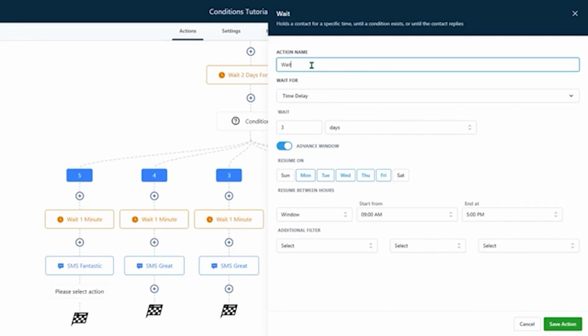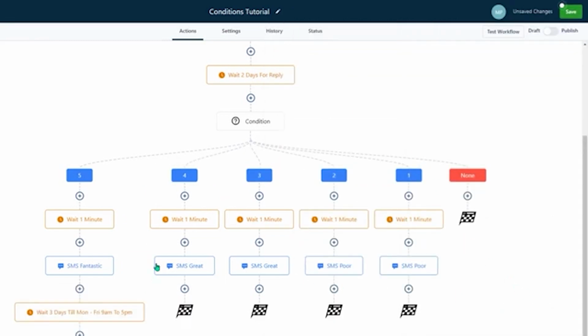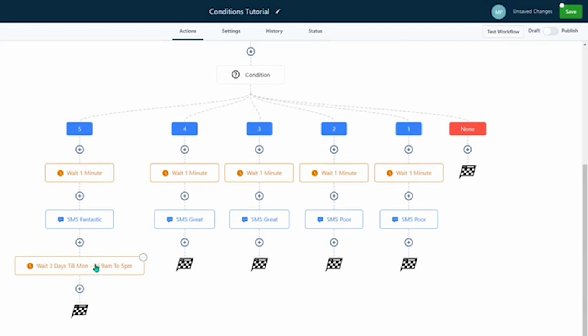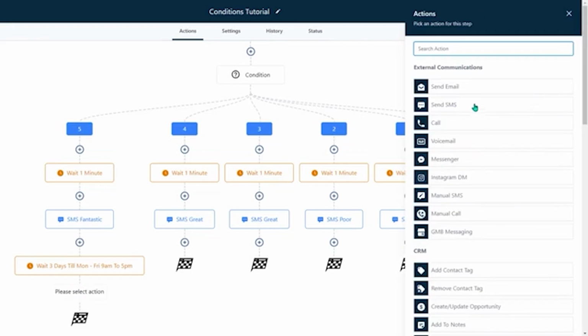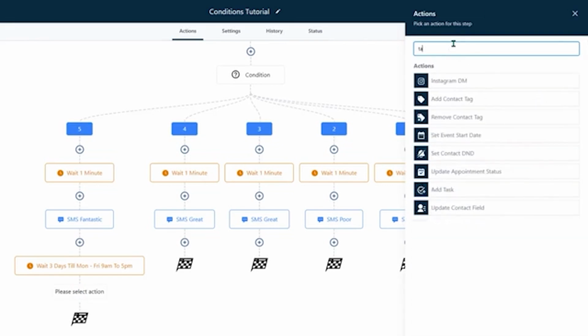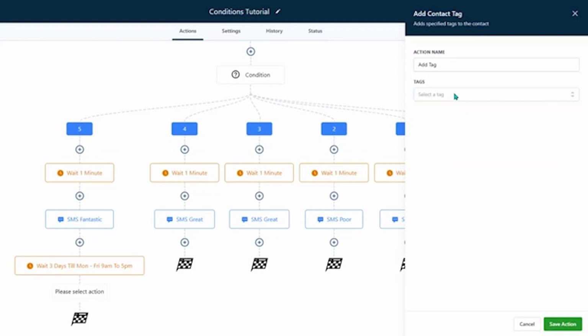And again, I can rename my action up the top here, and I can go wait 3 days till Monday to Friday, 9 a.m. to 5 p.m. And I know exactly now what this wait timer is doing because I've labeled it with the detail of what's happening. And then I can choose to either send it another SMS directly, or I could add a tag, add contact tag. In this case, we don't have one. There we go, review request, add tag, and I can label that